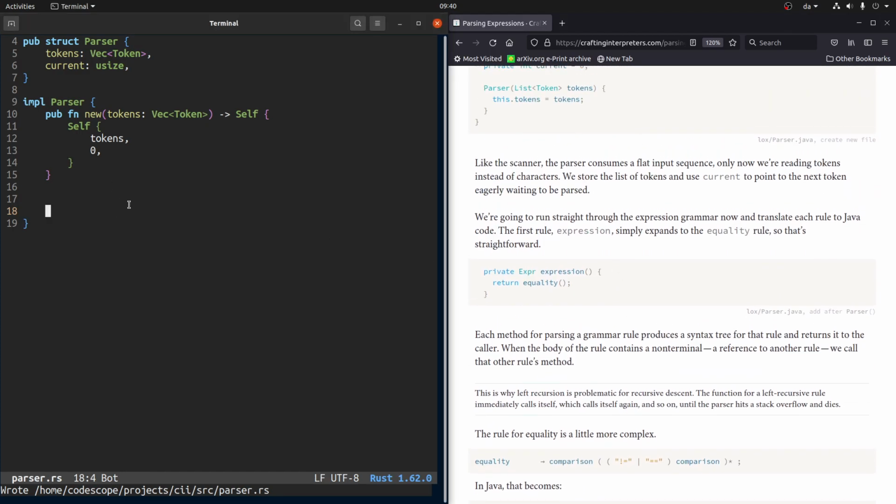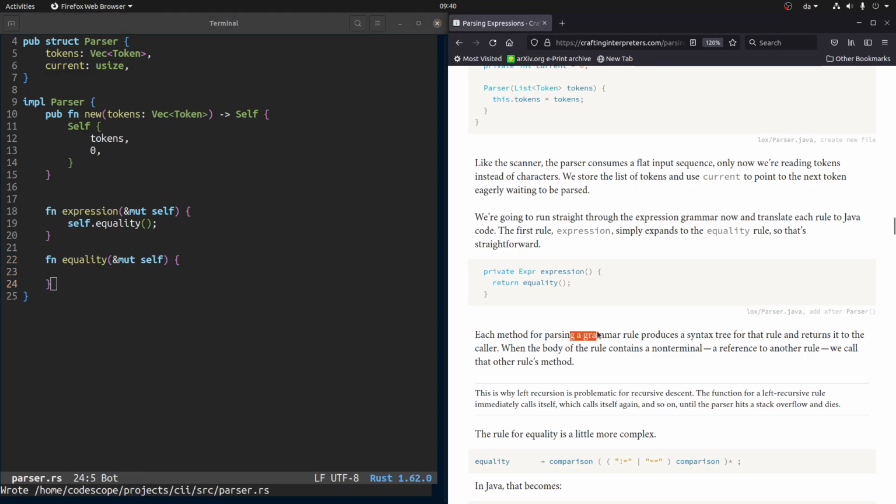So let's, it's a private function for whatever reason, but okay, I'm fine with that. So I guess we will eventually need a mutable reference to self, and we don't want to return anything, I think. So let's just do this. Then we need the equality, and each method for parsing a grammar rule produces a syntax tree for that rule and returns it to the caller. Right, so